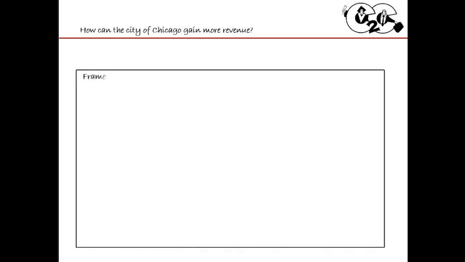Again, I have my separate framework sheet of paper that I'm going to write. I'm going to look at the market first. Now, you might be saying, what is the market of the city of Chicago? What does this even mean? Well, there's always a market for any case that you're looking at. So I want to know, what is the industry? This industry is essentially city funding.